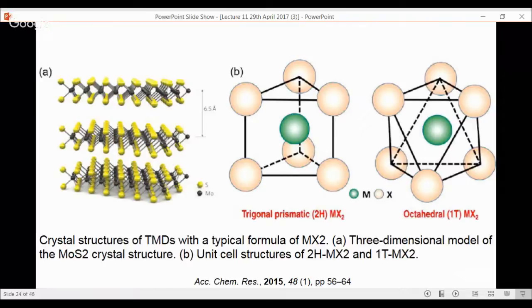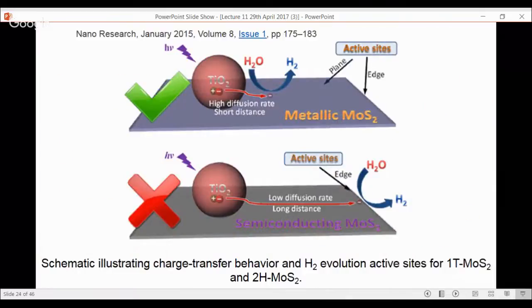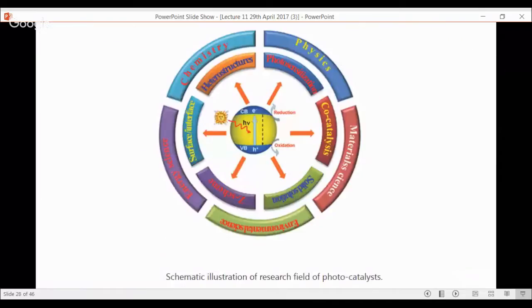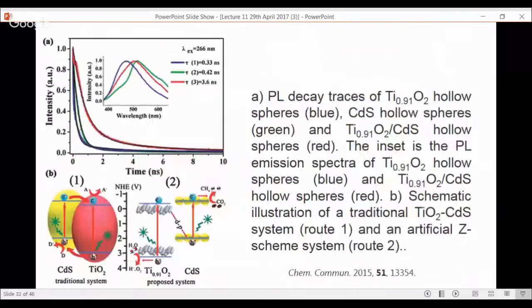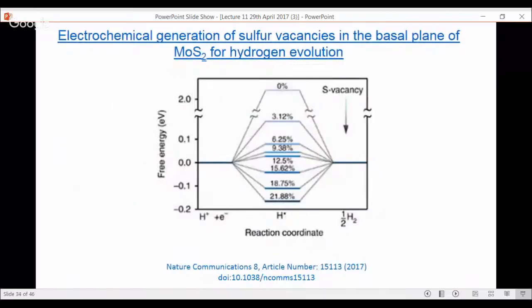So now we have to spend a few minutes on what we have already talked about, tungsten trioxide, molybdenum disulfide. These are all very peculiar substances. I do not know whether you are aware of all those things. So I will show you a picture. So now you can see